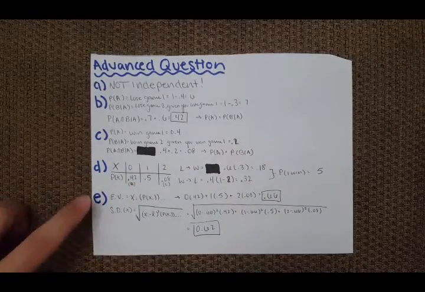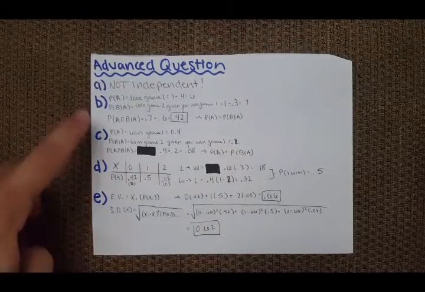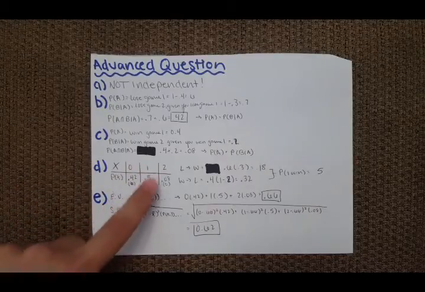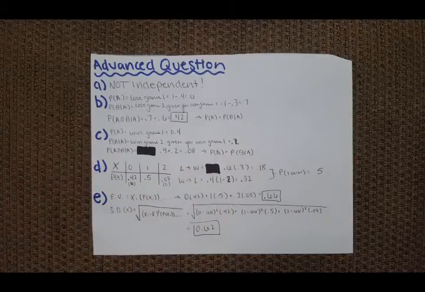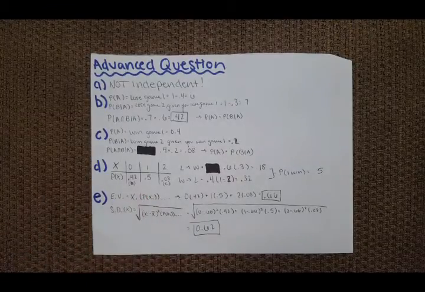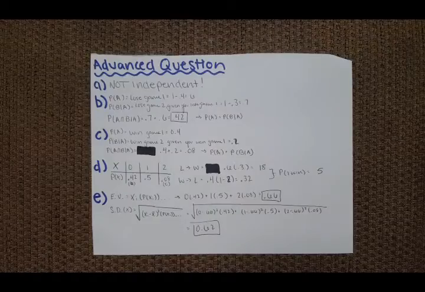So the probability that you win 0 games, or you lose both, is given in part B that we found: 0.42. The probability that you win both games, you win 2 games, is 0.08, as found in part C. And because we know that you can either win 0, 1, or 2, we can add those together and get 0.5, and then know that 1 minus 0.5 is going to be the probability that you win 1 game, so